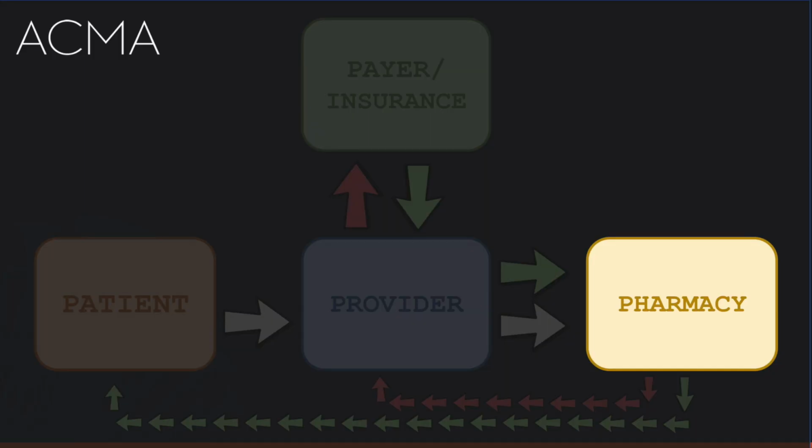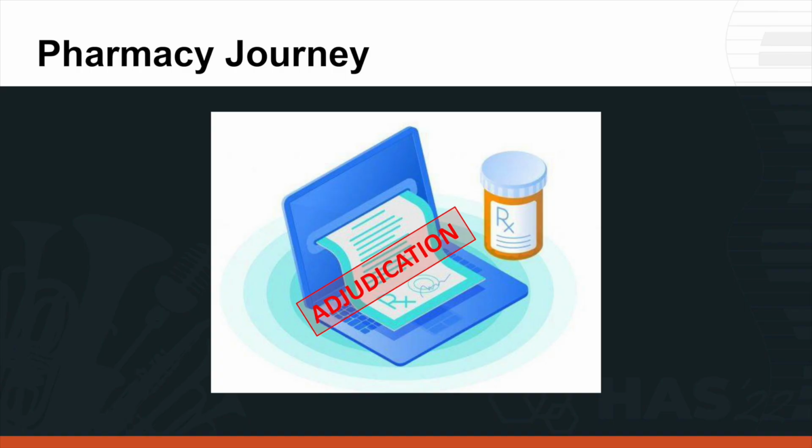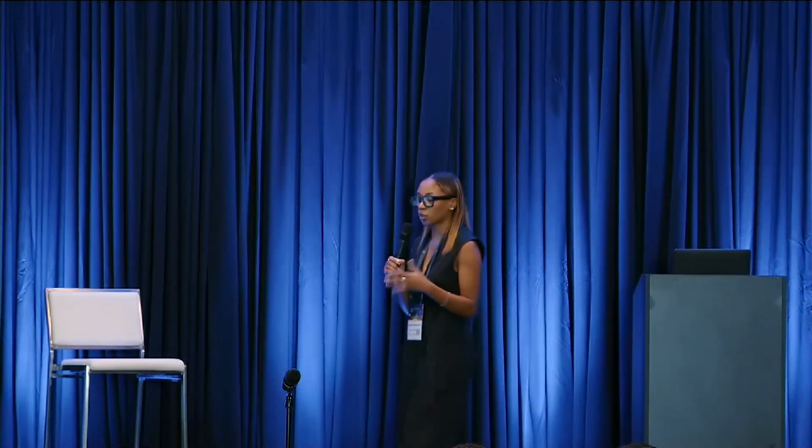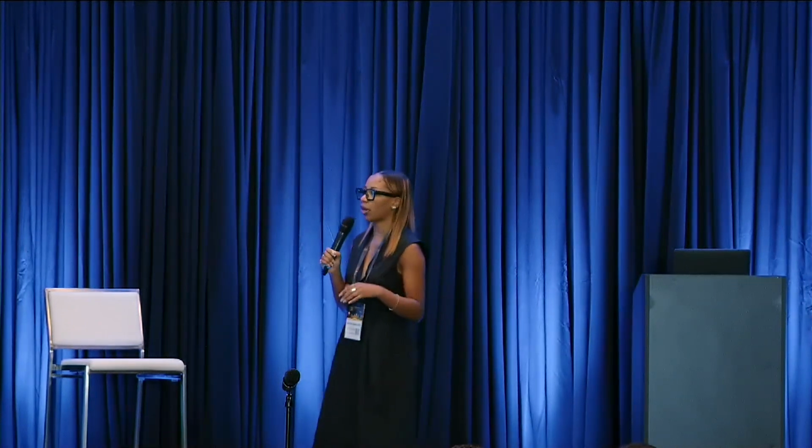All right, so at the pharmacy journey, at the very start, we've processed a prescription through a beneficiary's or a patient's insurance company, and we get this big term, adjudication, right? Some information is required before we can actually dispense this medication for our patient. Oftentimes, or specifically, we will see prior authorizations for specialty medications.